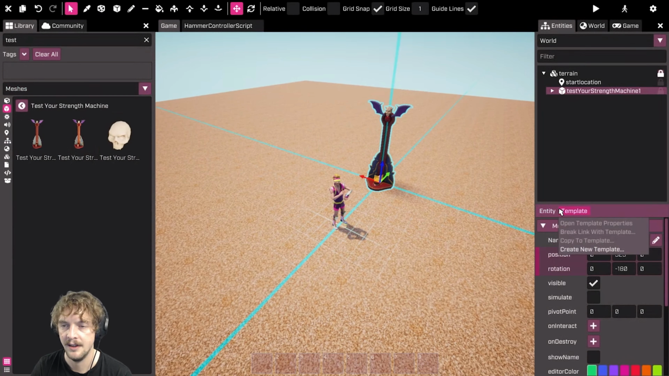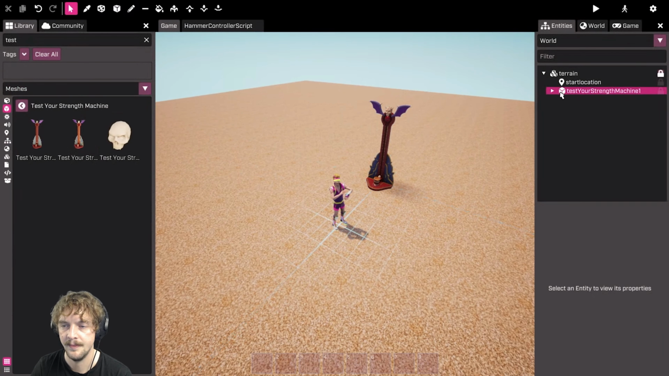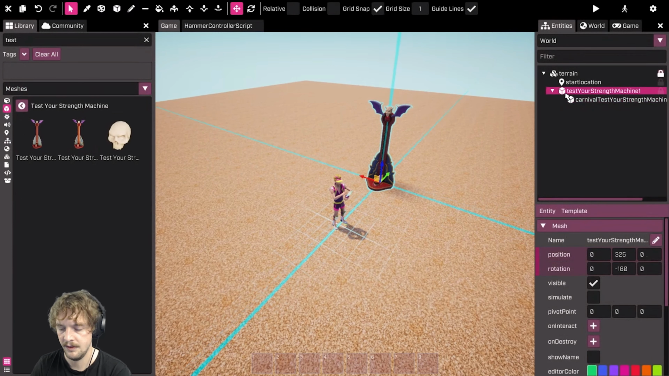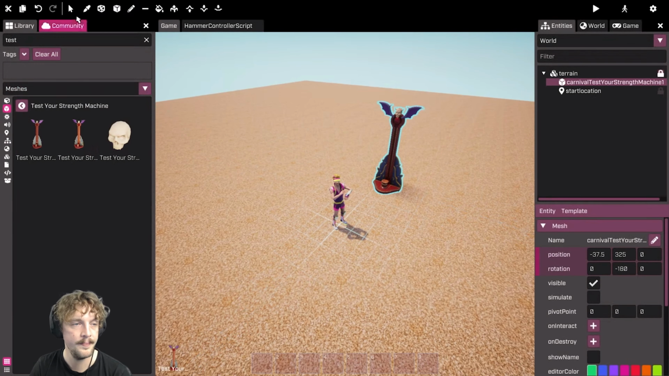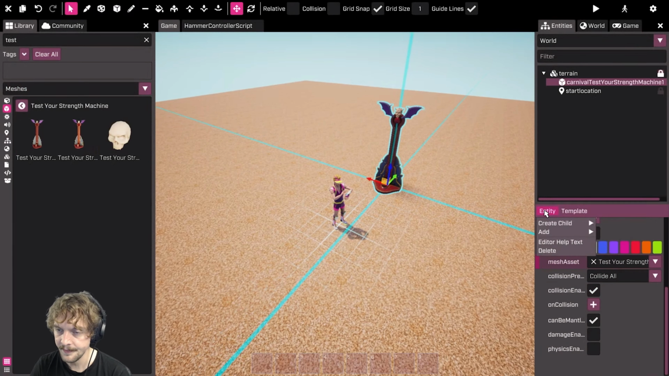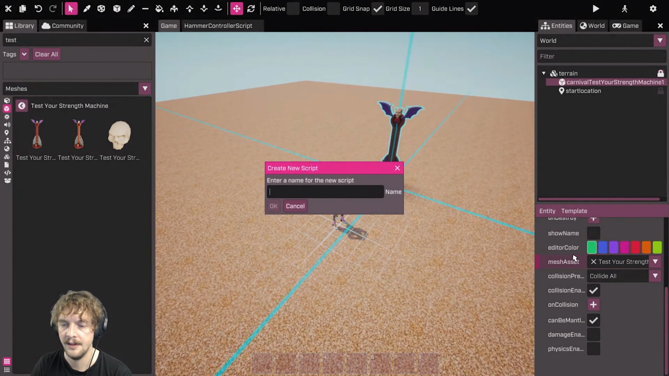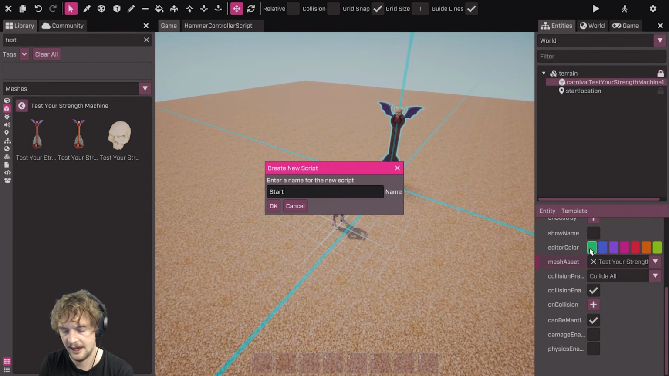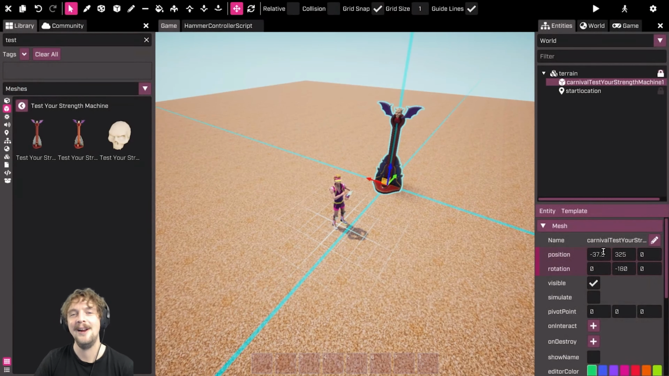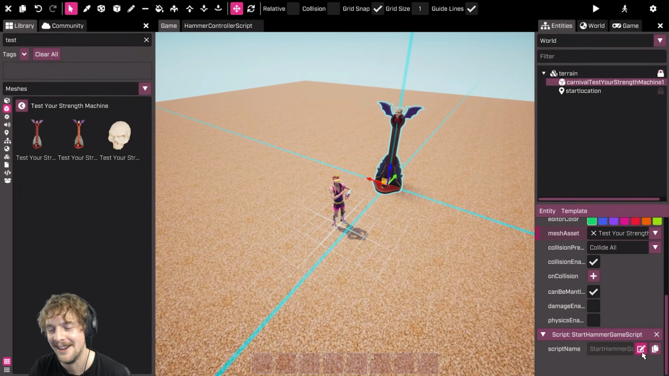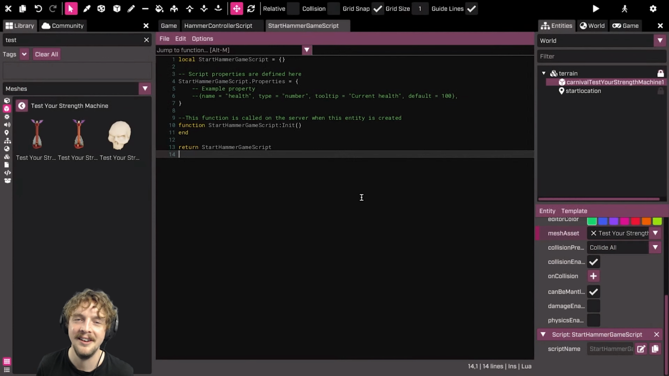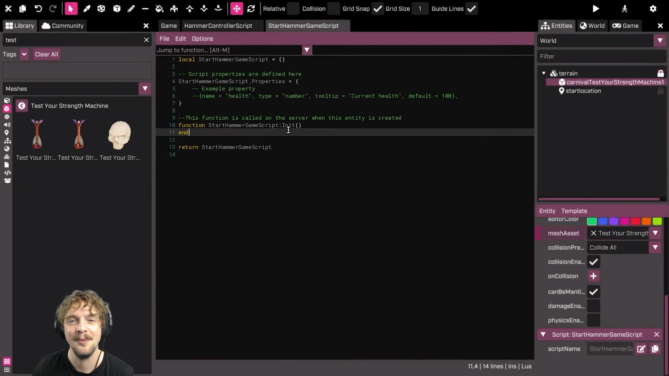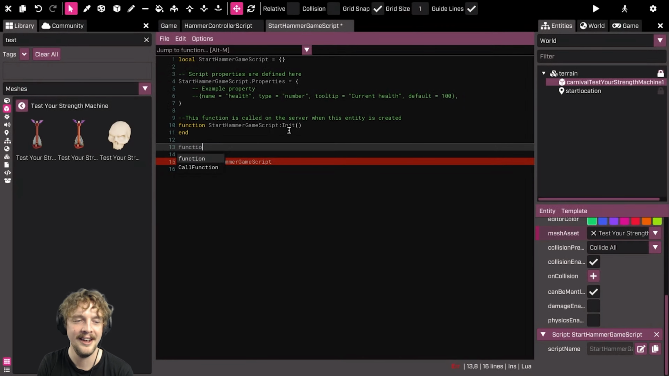And let's add a script. That's not the one I want. That's the one I want. Let's add a script to that. This is going to be called Start Hammer Game Script. I like really verbose names for my classes because it's very descriptive, but it takes a while to write out. That's okay. Okay, so what we're going to do is create a function in here that essentially we need to